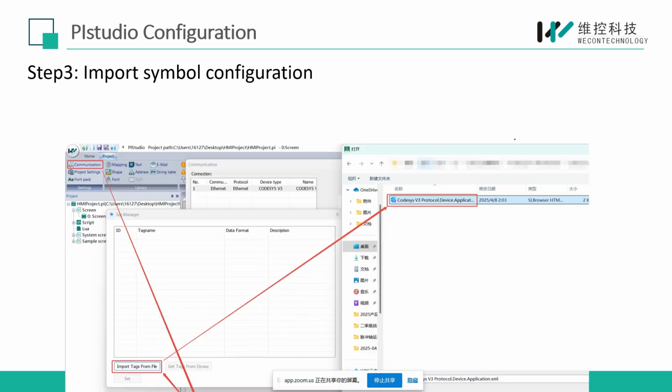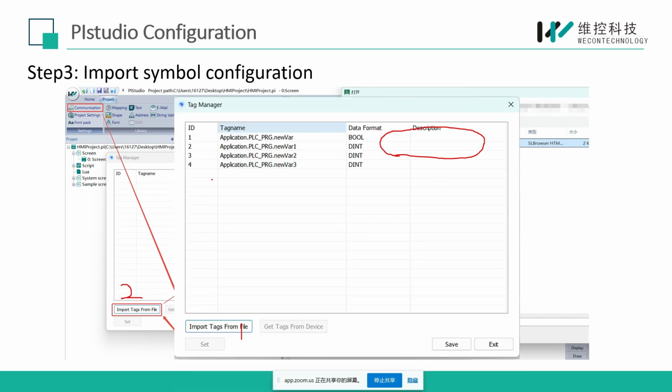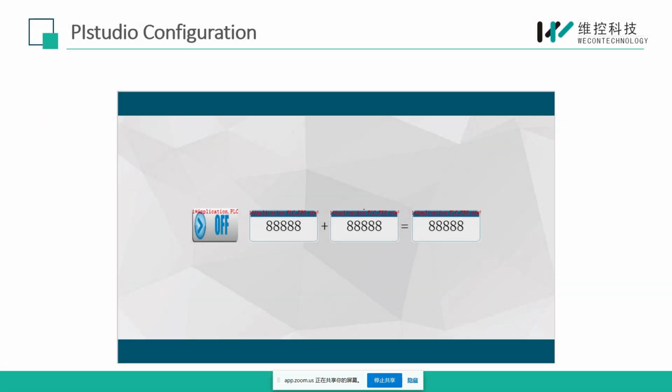Step 3 is to import simple configurations. Click tag manager and import tags from files. And this is the XAML file we created just now. Open the file. There will be variables we created in the PLC program. After importing,